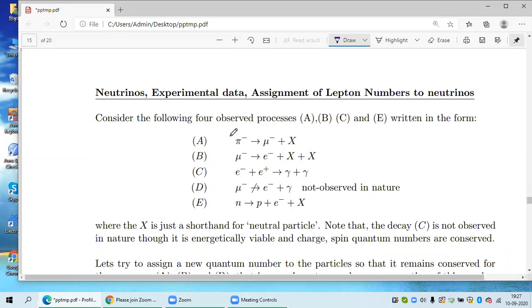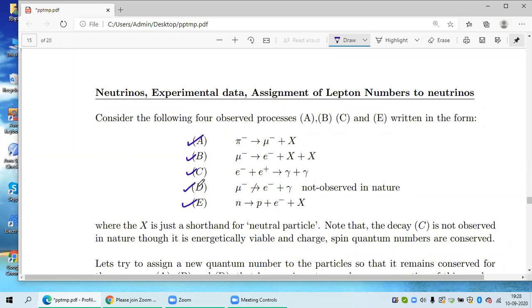But this is a bit of an analytical approach, or historical approach, to how lepton numbers are assigned to different particles. Okay, so just refresh your mind and look at these 5 interactions. Don't carry any baggage. Just concentrate on what I am saying at this moment. I have written 5 interaction channels here.